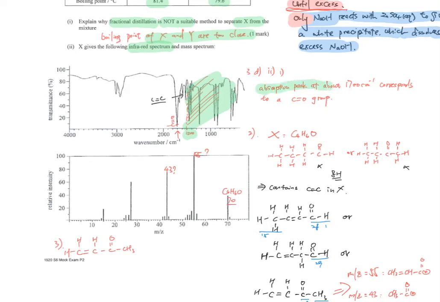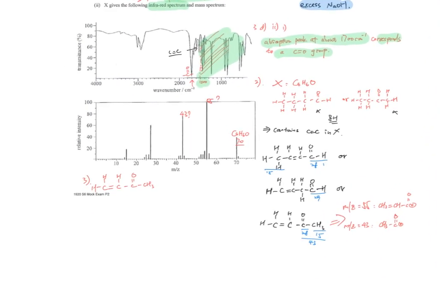There's an absorption peak at about 1,700 cm-1. Don't forget the units. It corresponds to a carbonyl group. Okay, you can write the exact wave number, or you can just directly copy the range from the table. Okay, next page. Okay, for the next part,